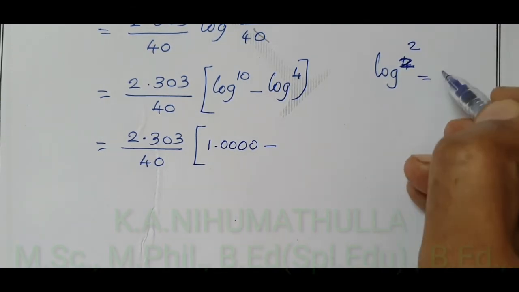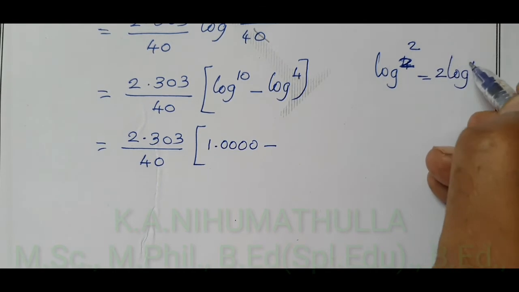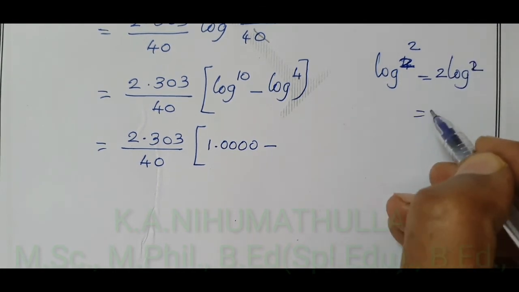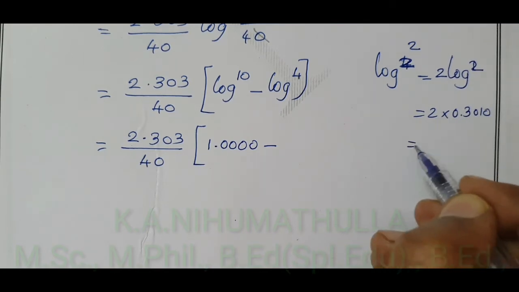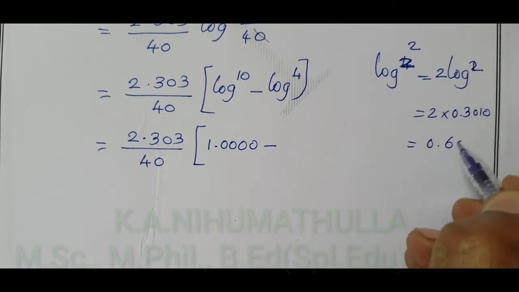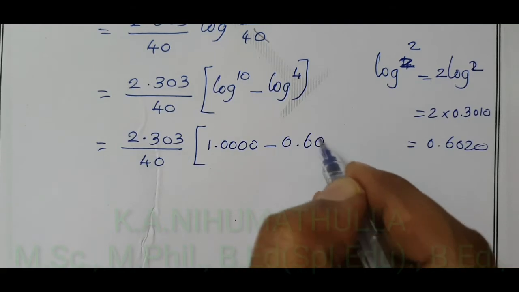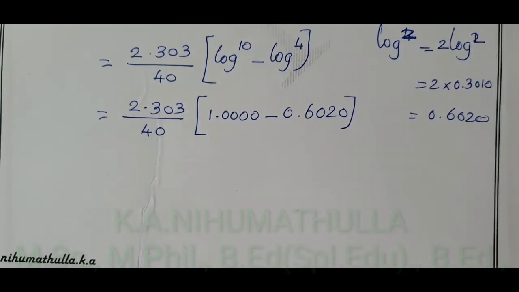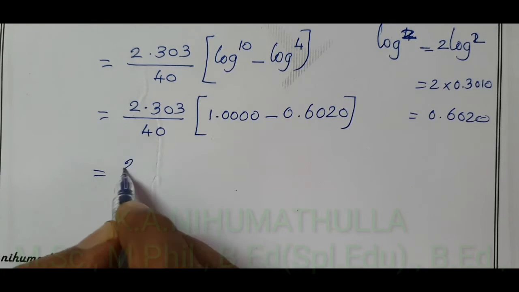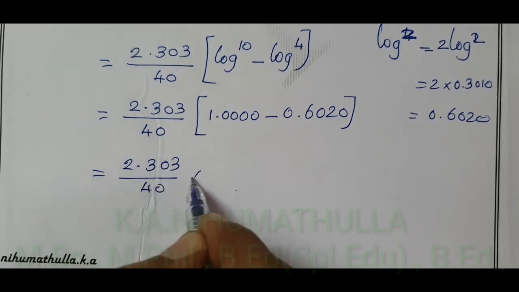Using the formula log B power A equals A log B, 2 into log 2 value 0.3010 is equal to 0.6020. 0.6020 is the log value of log 4, and that is equal to 2.303 divided by 40 into